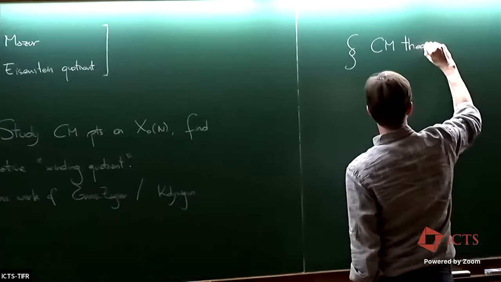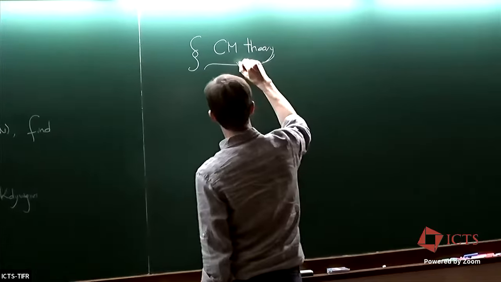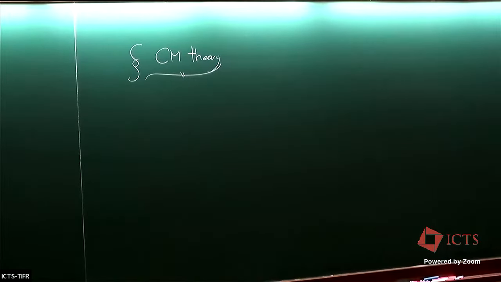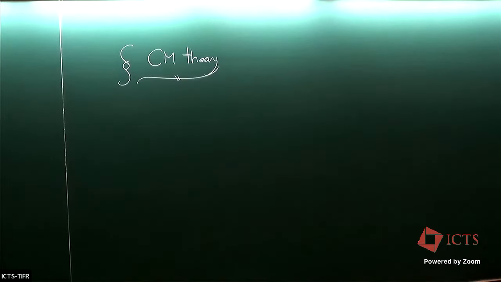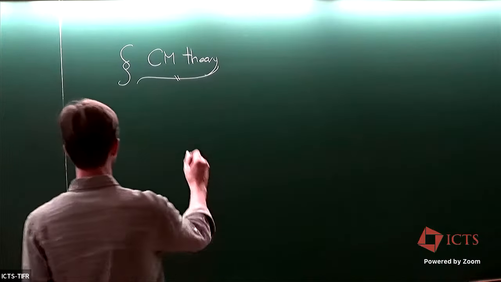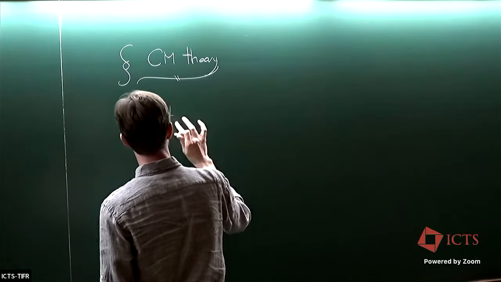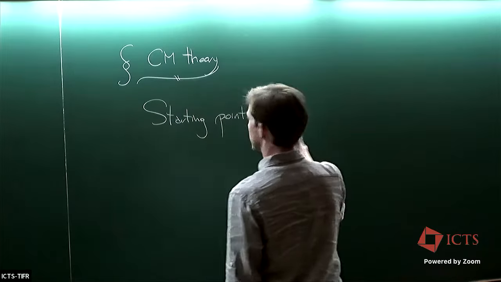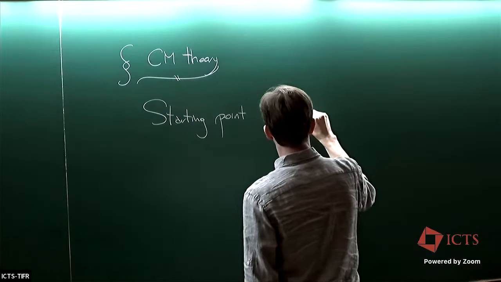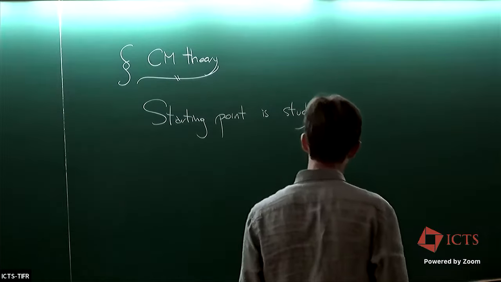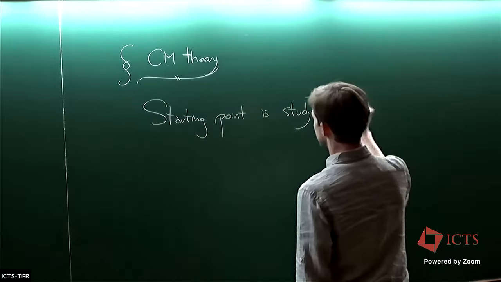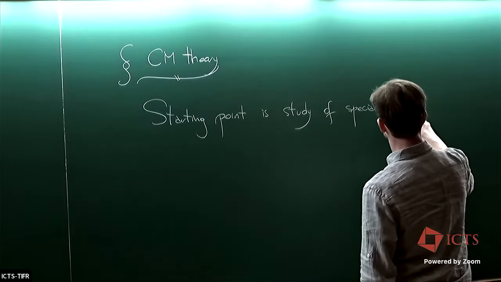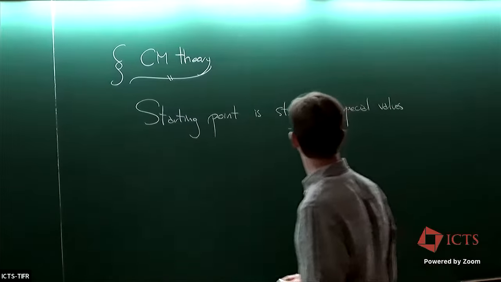So for the most part, I'm going to assume, in the lecture at least, that people are familiar with the theory of complex multiplication, but because that might not be the case, I also wrote quite a bit about complex multiplication in the notes. And so the starting point, historically, for the theory of complex multiplication was a study that happened mostly in Germany in the late 19th century of special values of certain transcendental functions